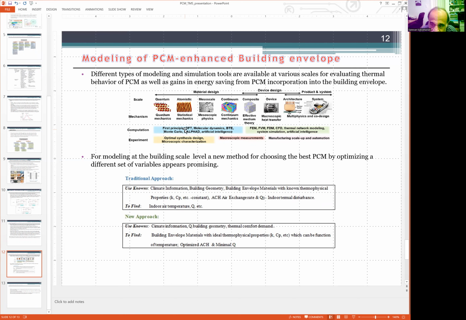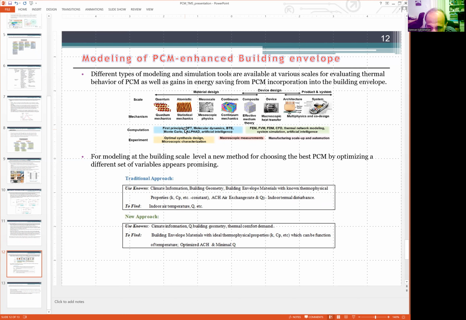And this diagram shows a wide range of scales, all the way from material design to the final product through device design,